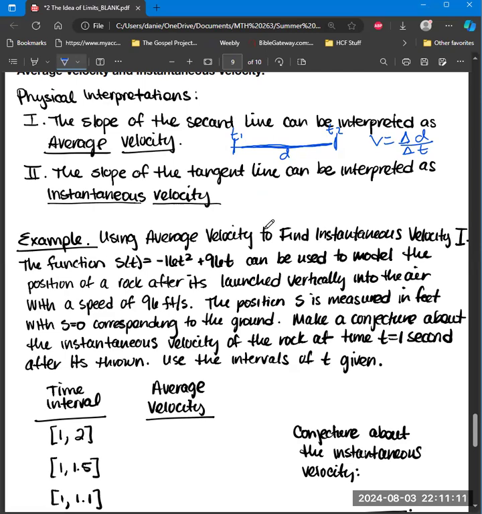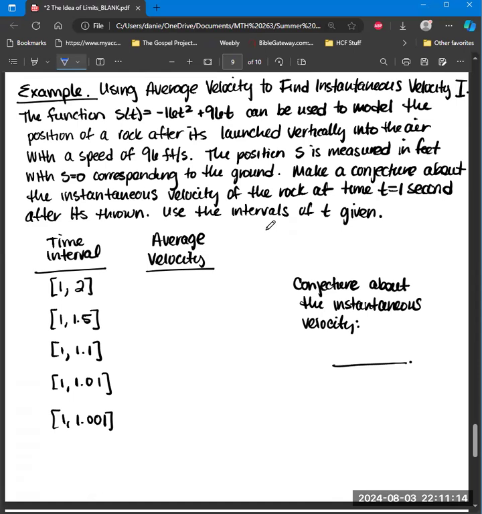that we know what happens basically at every instant in time because of this limit idea. So using average velocity to find instantaneous velocity, the function s of t equals negative 16t squared plus 96t. We used that one before. It can be used to model the position of a rocket after it's launched vertically into the air with a speed of 96 feet per second from ground level. The position s is measured in feet. So s of 0 corresponds to the ground. Make a conjecture about the instantaneous velocity of the rocket at time equals 1 second